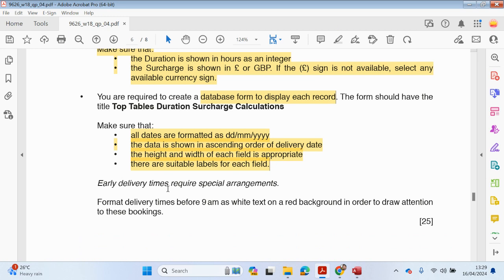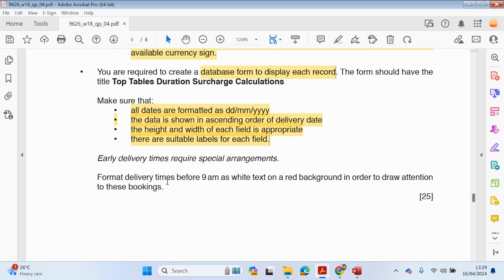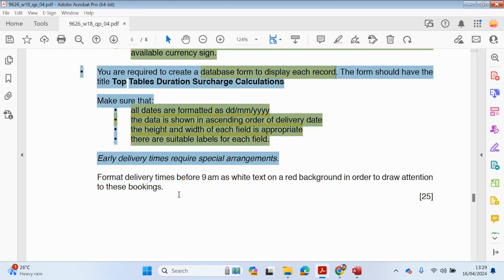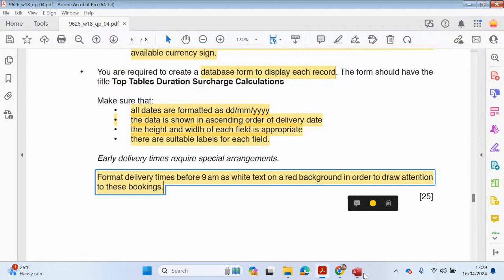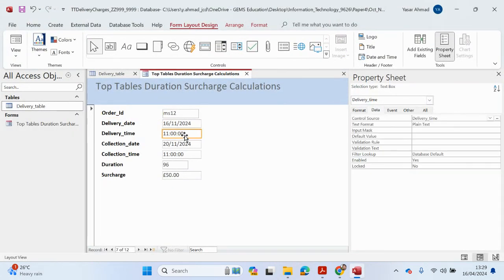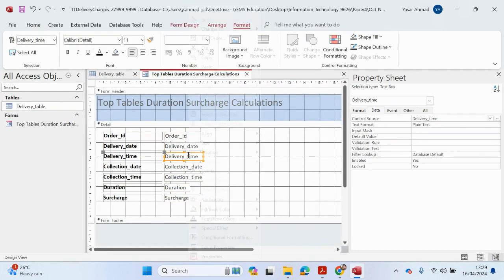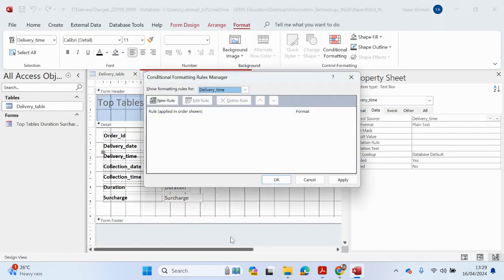So early delivery times require special arrangements. So format delivery times before 9 a.m. as white text on a red background in order to draw attention for these bookings. So what we need to do is delivery time. So I'm going to click on delivery time, right click, or if I go to design view again, select conditional formatting. And if I click on new rule,